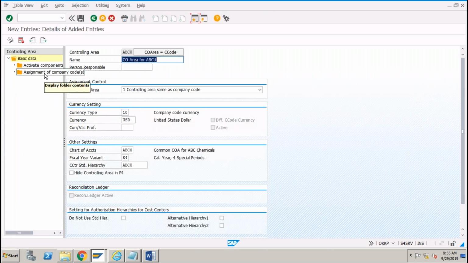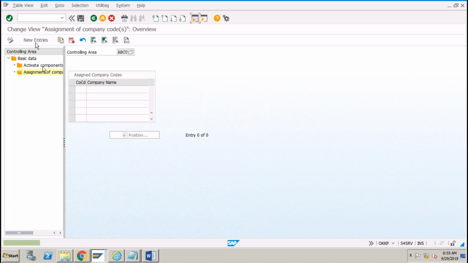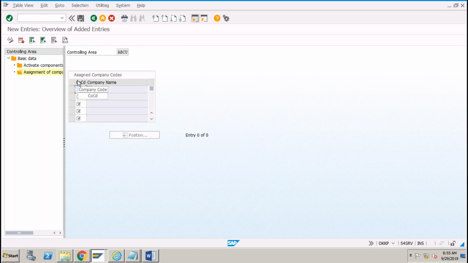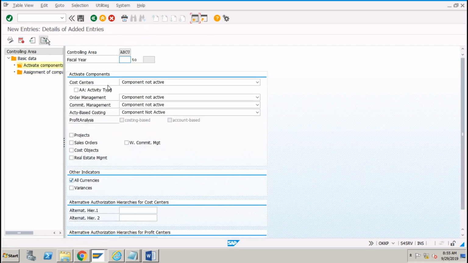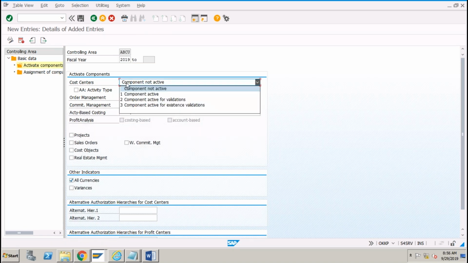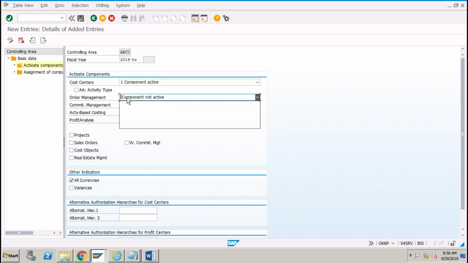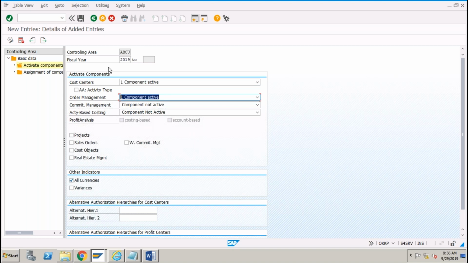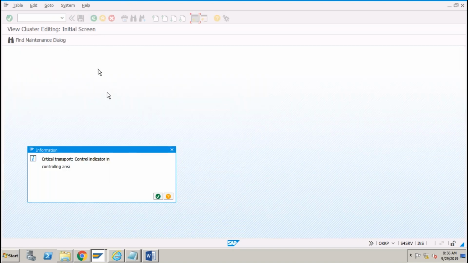Okay, controlling area is created. Next one is assignment, new entry. So our company code is ABCU. Press enter. And last one is activate the components. So new entry, starting from 2019, cost center accounting active, internal order accounting, that is order management active, and save